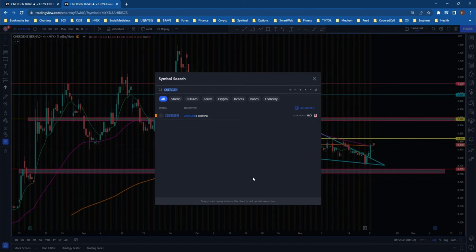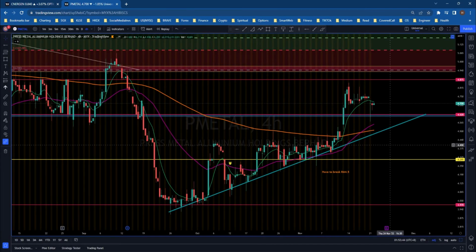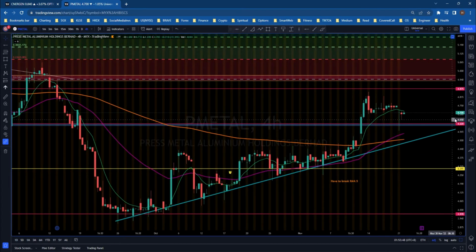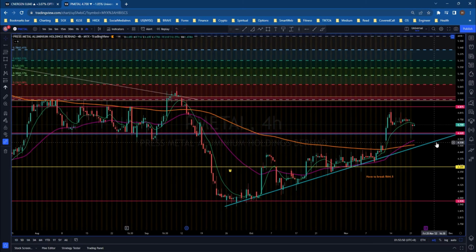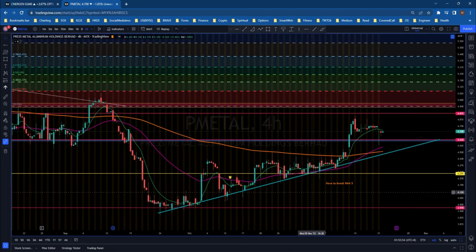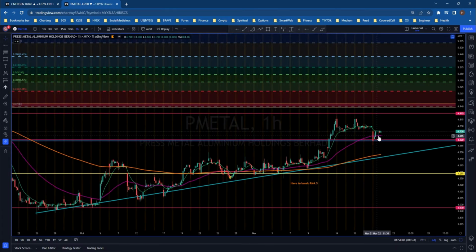So maybe we take a look at PMETAL. Actually today PMETAL made a good long doji. It means that this stock is very stable. There is no way for you to break this resistance of 4 ringgit and 62 cents. This is a very good, strong resistance, telling that this stock is still